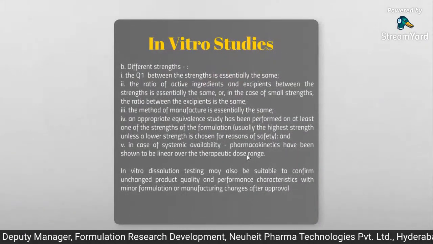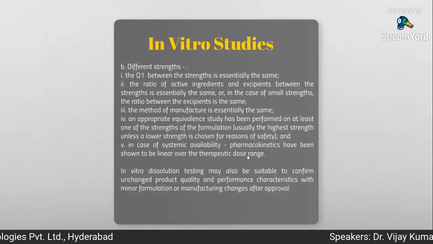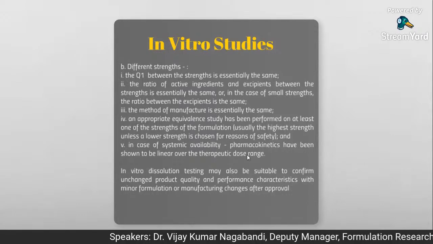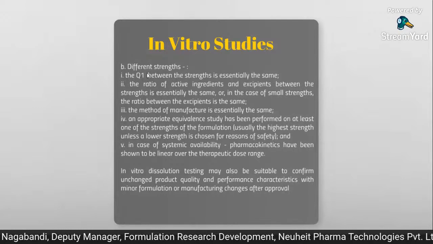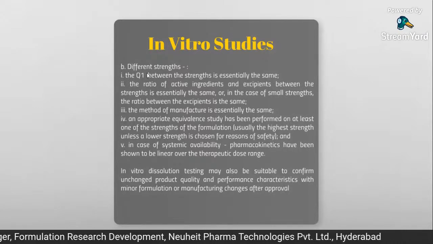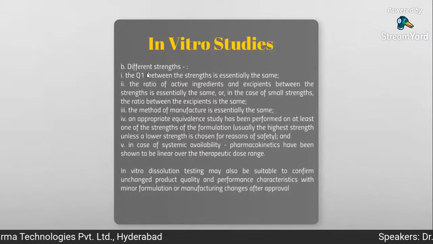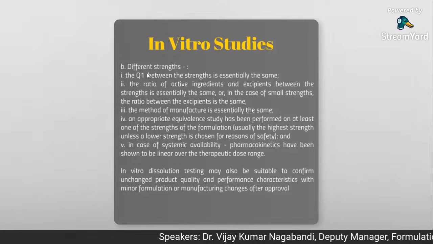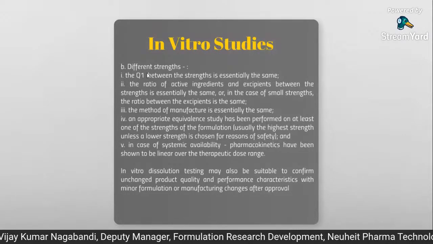Another category of drugs is different strengths. If you have 5 strengths, for all the 5 strengths, bioequivalence testing is not required. Only one strength, the higher strength, can be tested, and for the remaining strengths we can get the biowaiver by proving in vitro equivalence. Qualitatively, it should have the same composition. For example, we have 2 strengths, 500 mg and 250 mg. The innovator also has 500 mg and 250 mg. For 500 mg versus 500 mg, we will do the bioequivalence test.